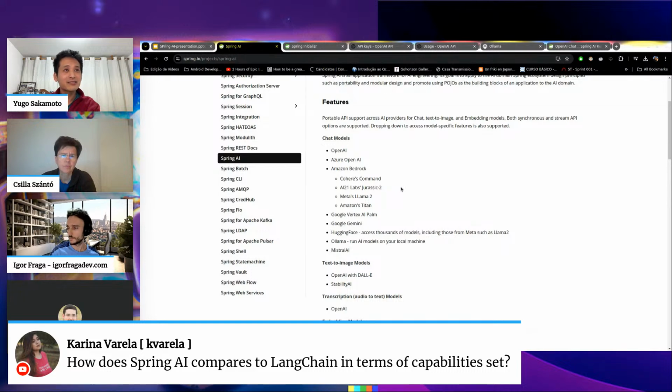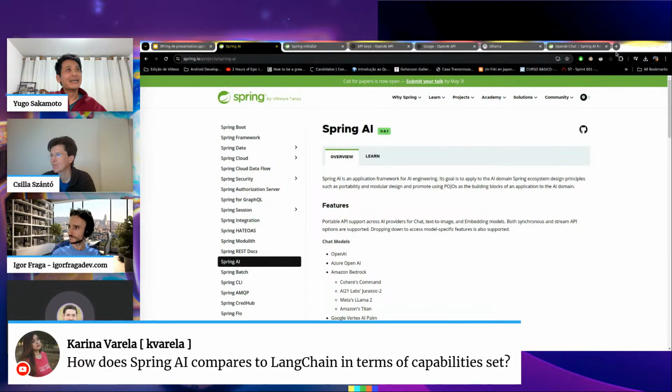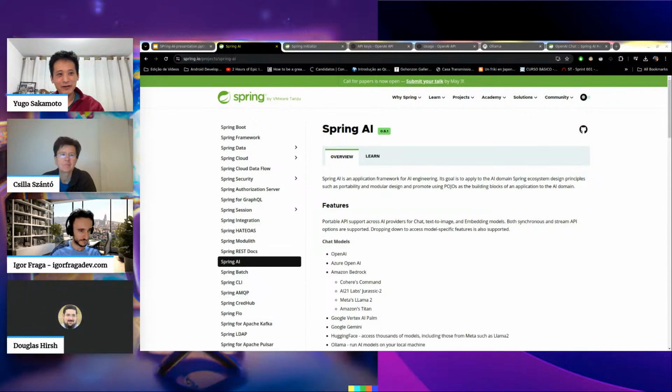By seeing here, it looks really close to LangChain. I don't know the Python version. We would need to see how it looks when you try to write code in it to know how it compares to LangChain. Perfect. Let's take a look at the code first, so we can compare them. Because the LangChain guy here is Hugo. I'm bringing you guys Spring AI, and then we will be able to have a nice comparison here.